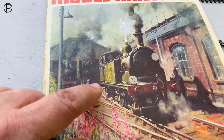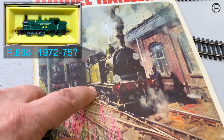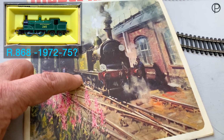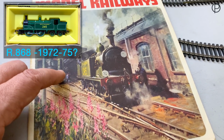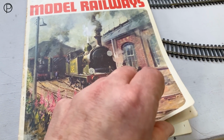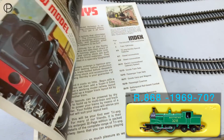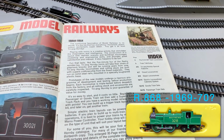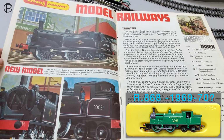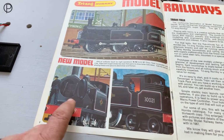Let's just move that to one side a little bit. I think there was a later variant of the M7 back in the 70s, and it had 245 on the tank, and that didn't appear till 72 to 75. It lost its Firebox glow at that stage. So let's leaf through here. There was another green one that came along around 1970. The green ones had the catalogue number R.754, whereas this one was R.754, and we can see the various features, the Firebox glow and the opening smoke